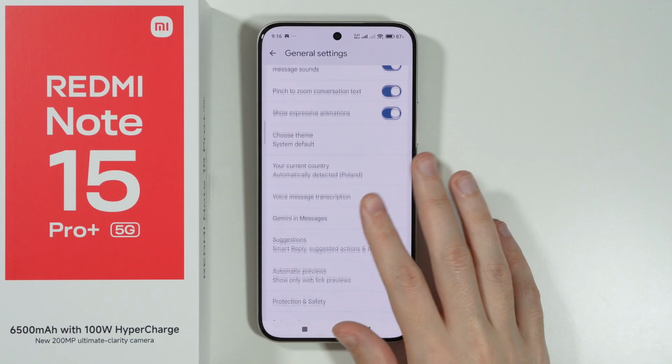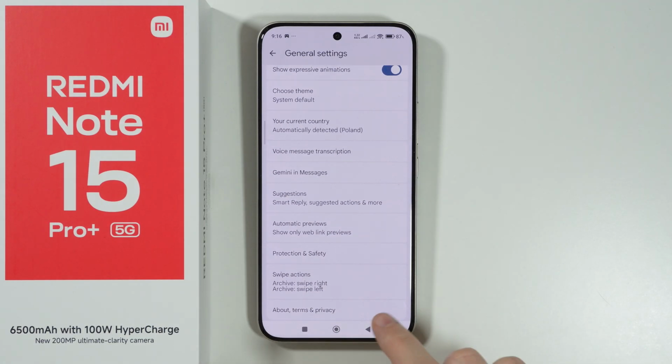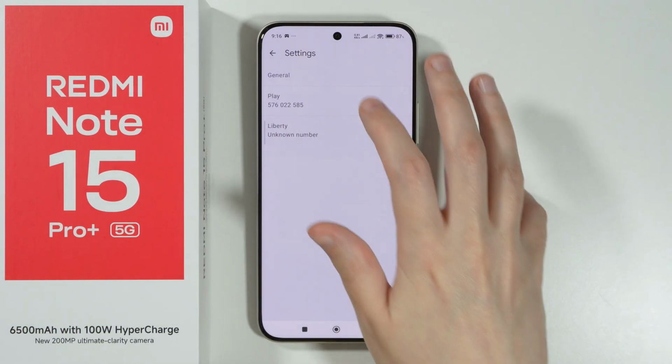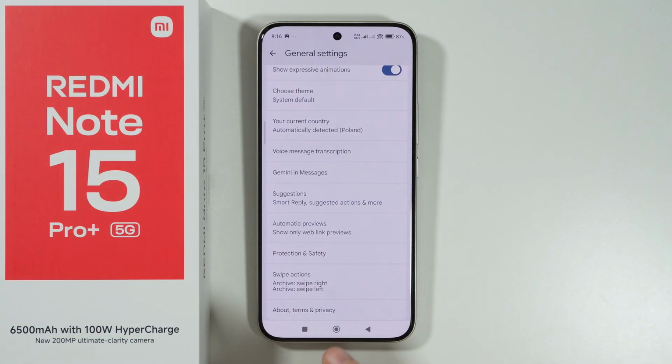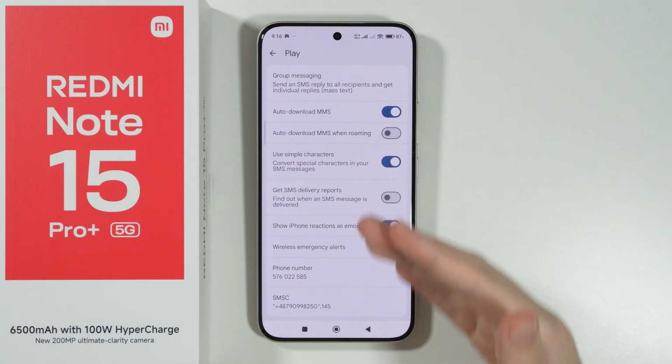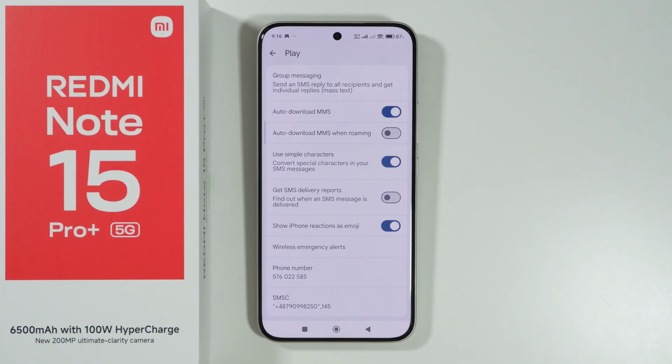settings instead. So you want to scroll down in order to find advanced option. I don't have it because I have this instead, but in your case, if you have one SIM, you will find advanced in here somewhere at the bottom. So you want to select it to find these settings here, and you should be able to find get SMS